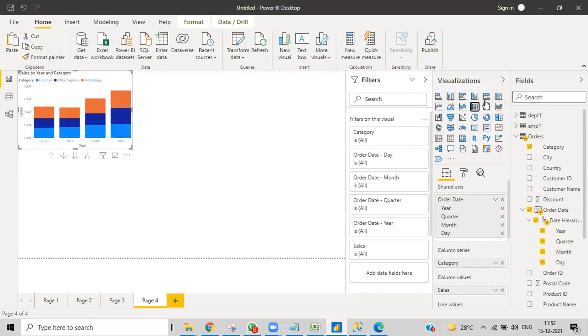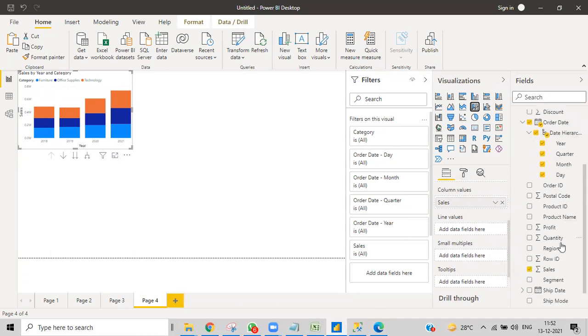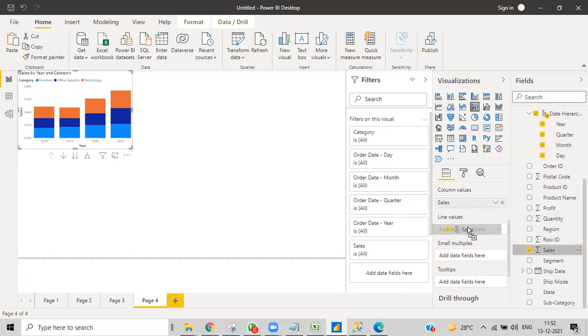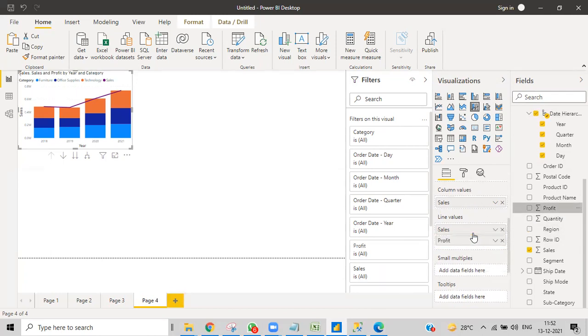Don't feel like I'm leaving something out. I'll tell you one by one because we are going as per the document. Here we got the same things, but if we add a line, then obviously we'll get that one. So I'll add sales also. You can see that shows the sales. And if you want to show the profit also, you can show it over here. Just drop the profit, and you'll have profit lines. Profit is this much, and the sales are that much.